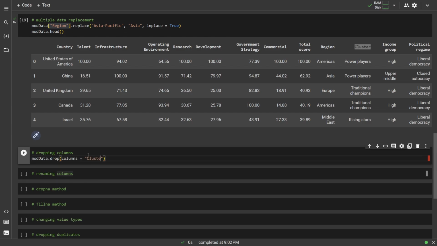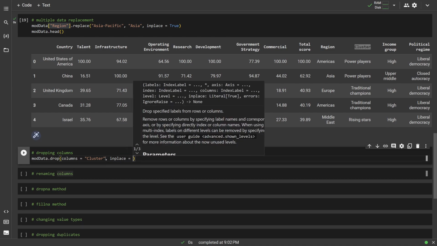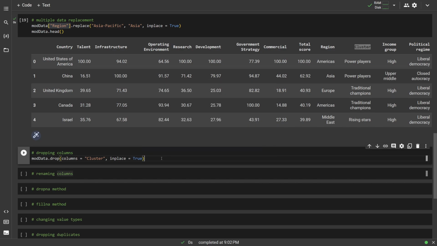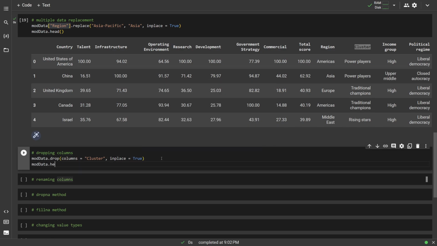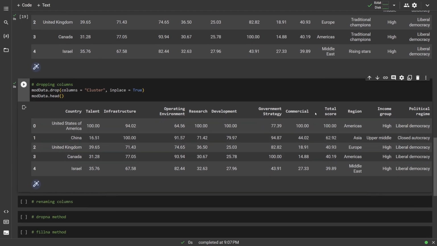So we would just type cluster like this. And then, just like last time, we'll add our inplace argument to actually modify this mod data dataset. So we'll say inplace equals true. And then I'm just going to go ahead and print the head off here like this. And then if we run this now, you'll see there's no longer any cluster column because we completely dropped it